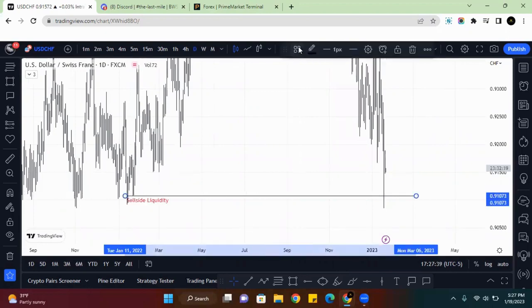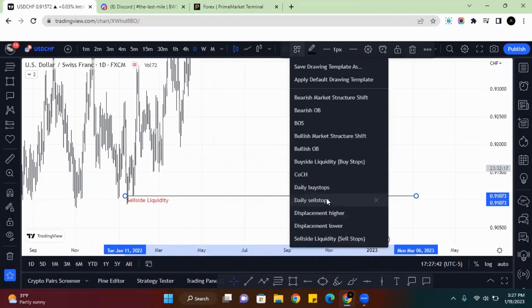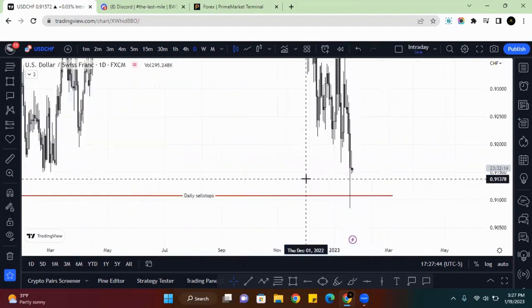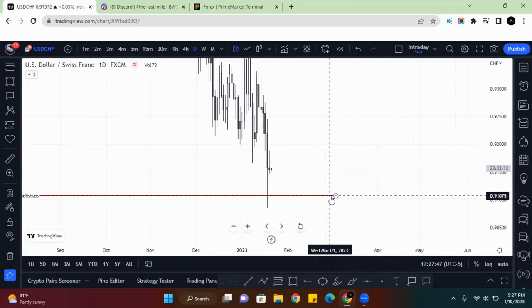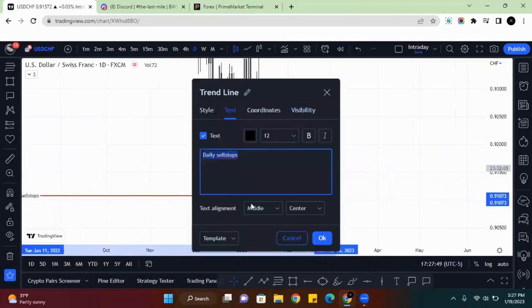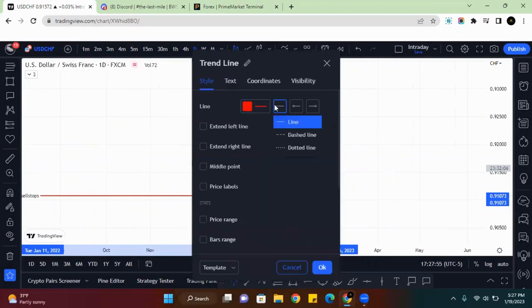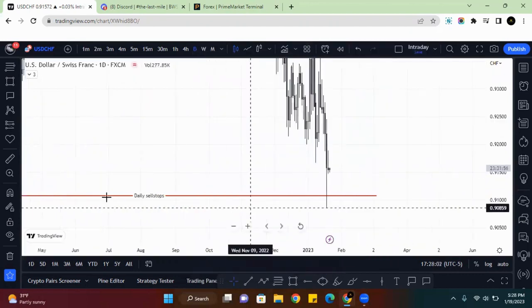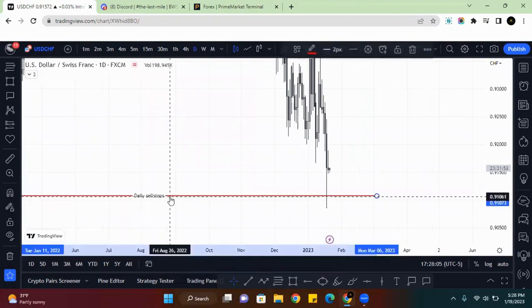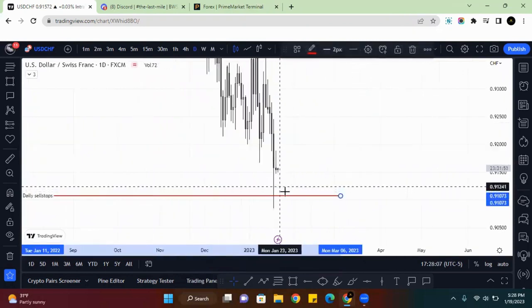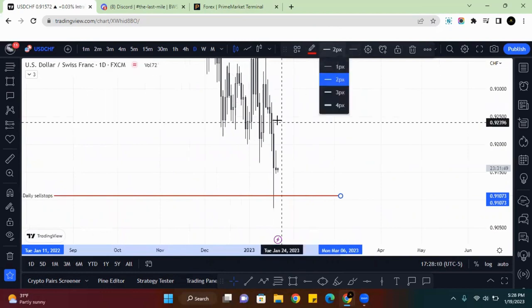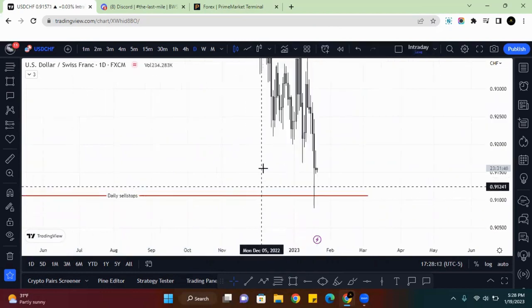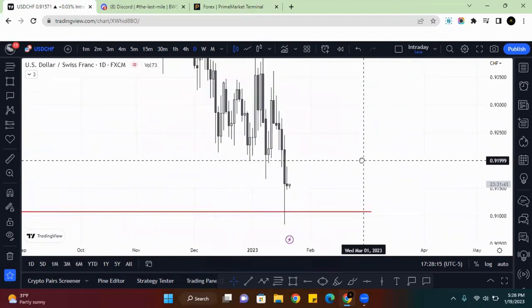I got to put the daily in, my bad. Daily sell stops. So yeah, daily sell stops right there. I like to make my horizontal ray pretty thick, just because I like to differentiate the daily. Where's it at? The daily time frame sell stops. Here it is. Put it on 2 because that shows you that this is a higher time frame. I know that's just how I personally think. And then if I'm gauging liquidity on my entry time frame, I make it just the smallest it can be, right? So it's bigger time frame liquidity, and then lower time frame liquidity is skinnier, representing that.